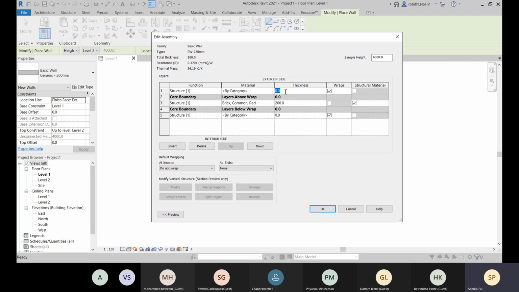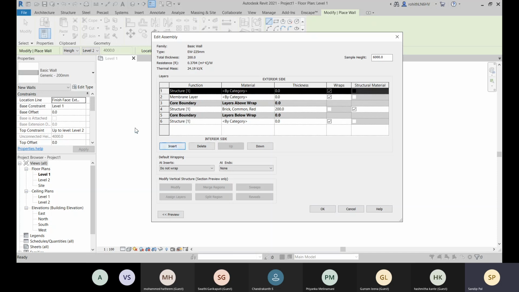And now about the thickness, you can define the thickness, and before that let's define the function. This one you can define as substrate. If you are adding another thermal layer or membrane layer, you can add membrane layers outside, and let's insert another.